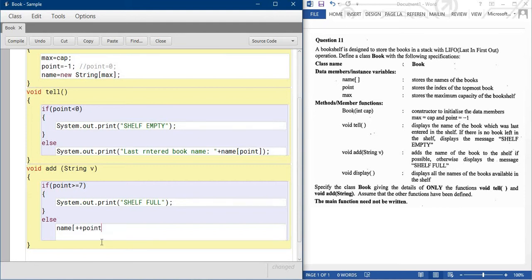I'm telling you what to write if the point position is 0: beside this one, I'm giving a tab and comment. You write name array point plus is equal to b. This much change is required if the point position is 0.